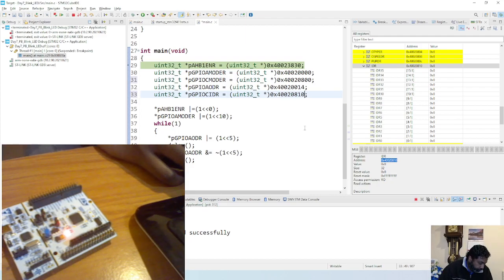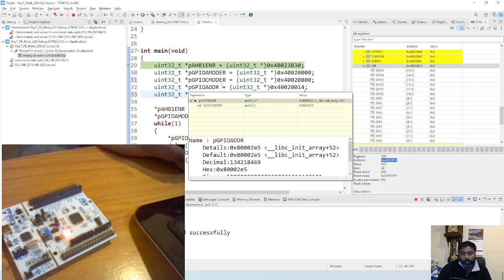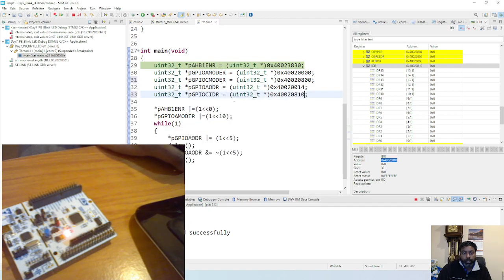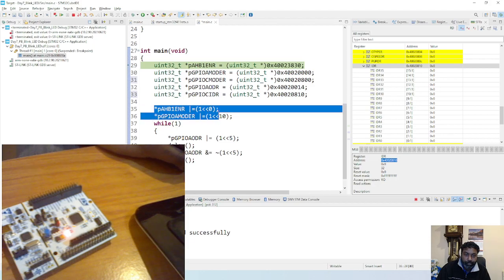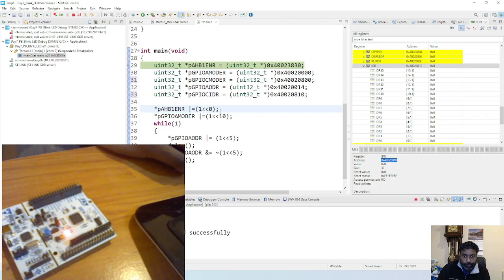So now what is the next step? You have given the port address, port C moder, but you haven't enabled that bit to the GPIO port. You have to enable. So for that you need to do again. This is for port A. Remember, bit 0 is port A, bit 2 is port C. So you got to do